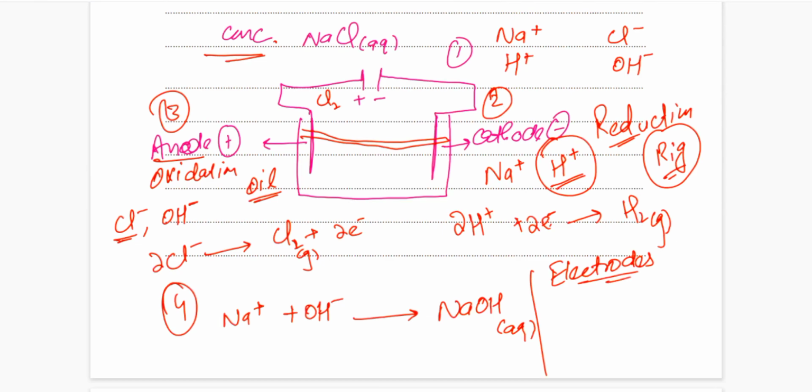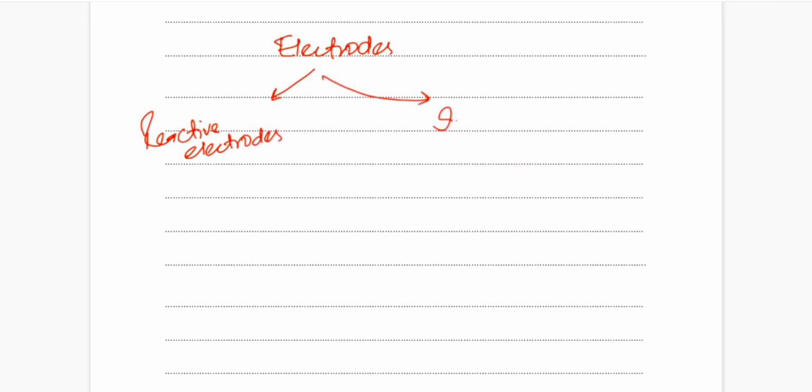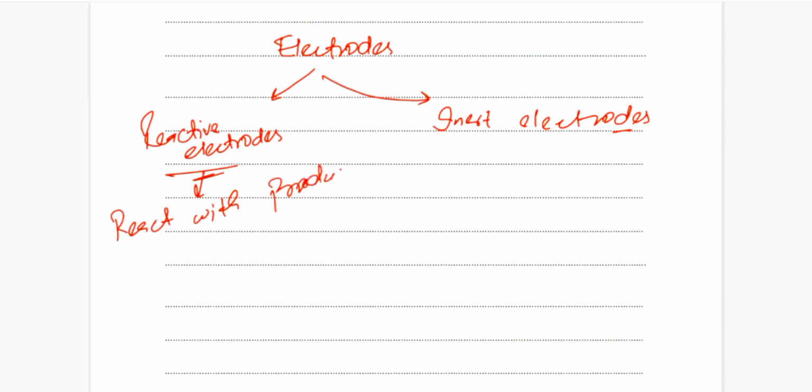Electrodes are of two types. I'm writing here downward: reactive electrodes, and the second is inert electrodes. Reactive electrodes react with the products. The newly formed products react with those, so that's why they are avoided and prevented. Inert electrodes are those which do not react